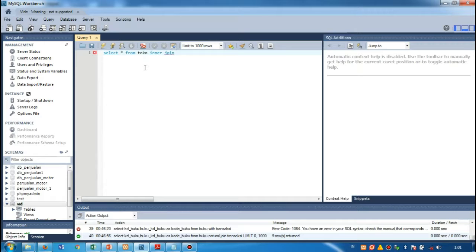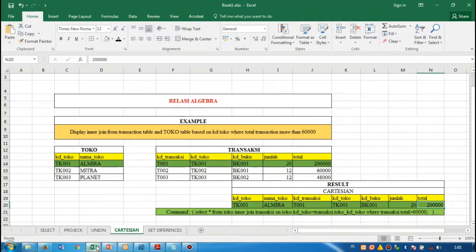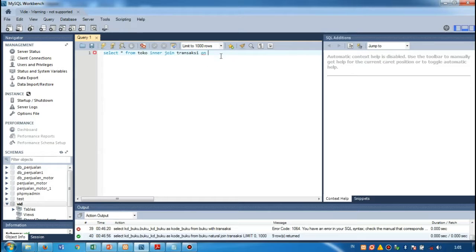I want to inner join table toko and table transaksi. On table toko, I want to fill on toko, kode toko, transaksi